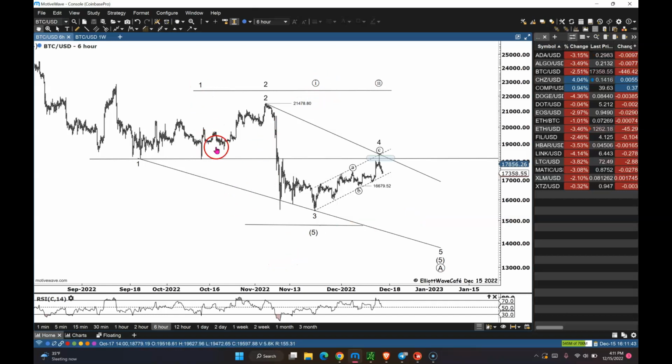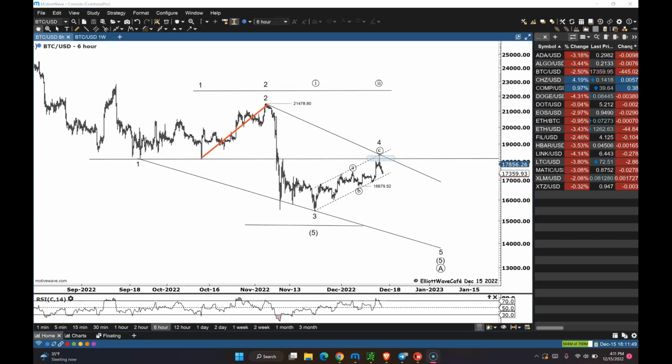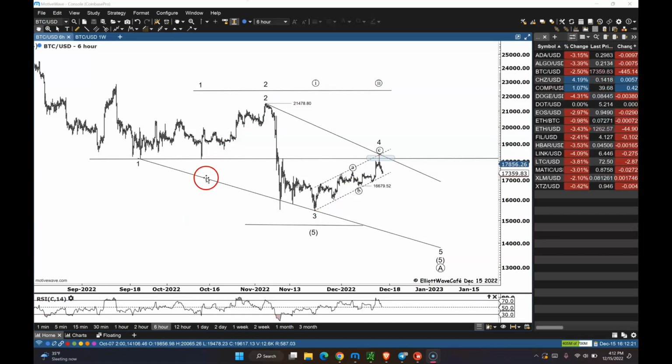I wanted to repeat also the 1, 2, 1, 2 count in here. The second waves are very similar if you're watching them. This would be a second wave at this minor degree, and then at a minute degree you would go like that. Very similar waves in here, and I don't have a problem with it. I usually like this wave to be a bit smaller, but this could still work very well, except that it would mean we're having quite a bit of crash coming in Bitcoin, and that's why I'm using this as an alternate with an underlying line in there. So 1, 2, then another drop here in a wave 1, up in 2, and then 3, 4, and 5, and so on and so forth. These are the 2 counts that I am watching.